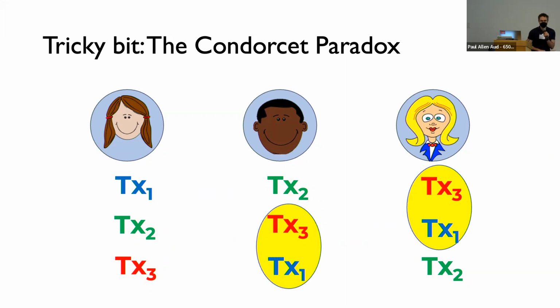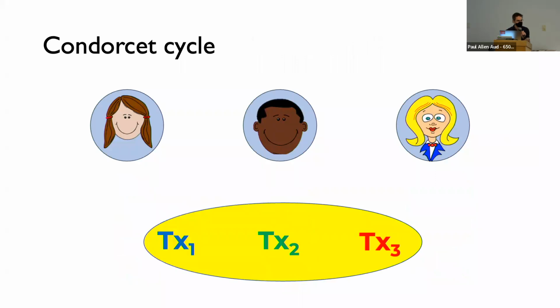So it turns out that, in fact, there is no way to order these transactions that is going to be compliant with all majority votes. Or to put it another way, any one of these 3 orderings is as good as the other 2. There's no good way to come up with a definitive ordering just based on the pattern of voting. We refer to a collection of transactions that get entangled in this way as a Condorcet cycle. And this is the hard part in achieving temporal ordering, dealing with these Condorcet cycles.